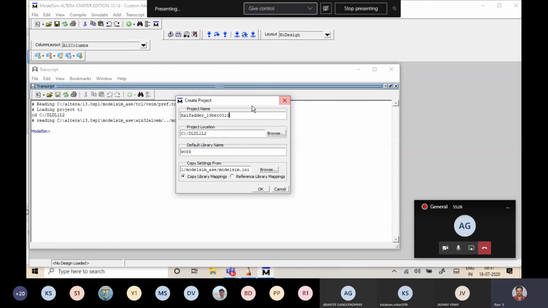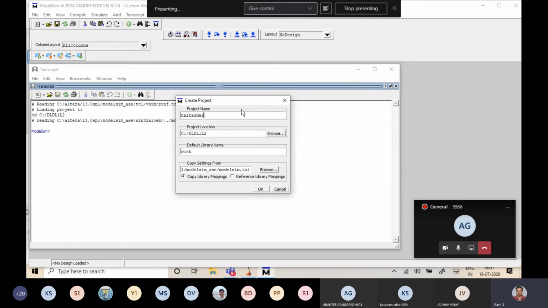Whenever you are sending a soft copy of your results, I can verify using the registration number. So you can't get the results from your other friends. You need to send the results from your own folder. For that purpose, create your project name with your registration number, half adder underscore 19BEC001, 19BEC100, 19BEC200, 700. Are you there?